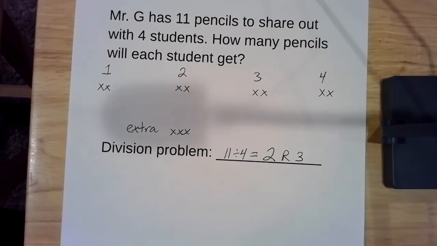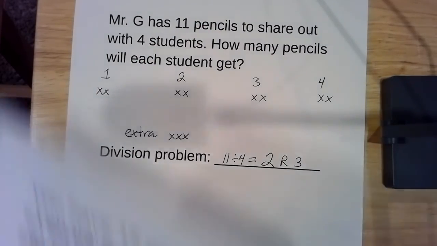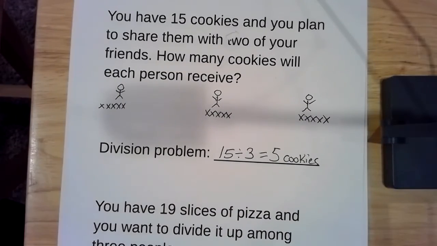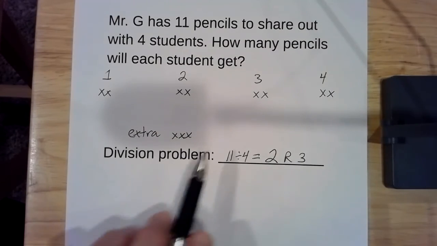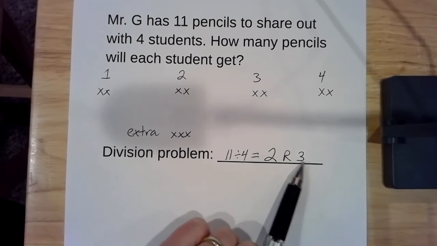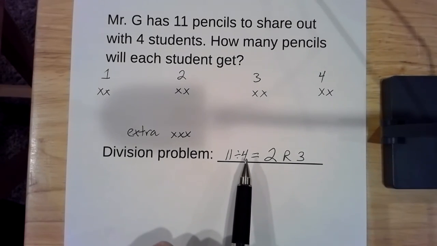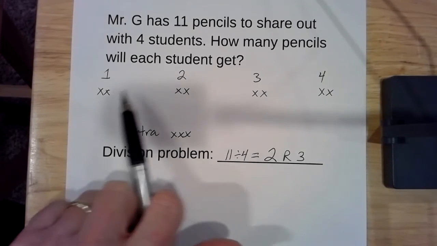So in your assignment today, you're going to have examples like this, or examples like our cookie one, where you might be able to divide it out evenly, or you might not, and you might have a remainder. Just remember, if you get a remainder, this number has to be less than what you're dividing by. Otherwise, you would be able to add more